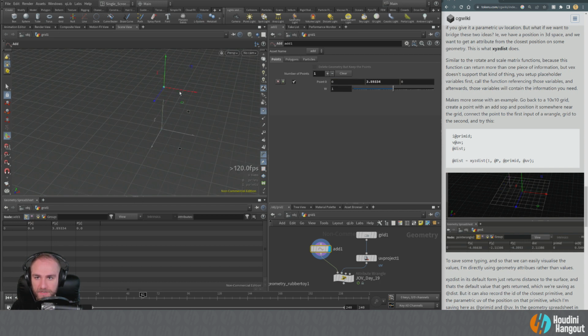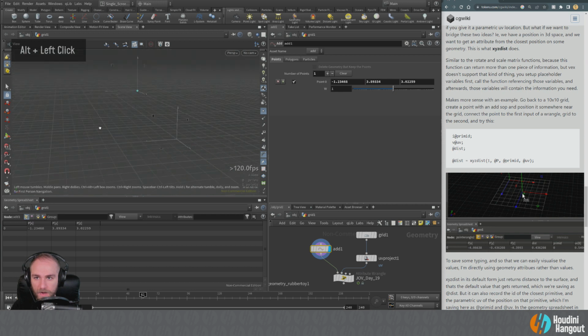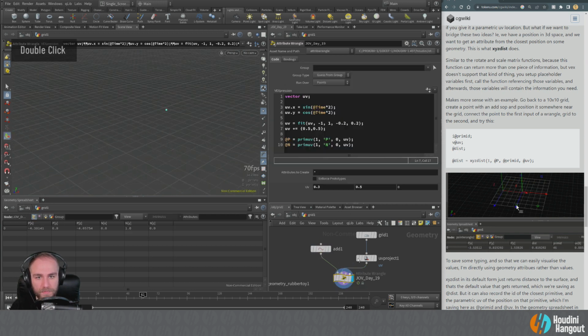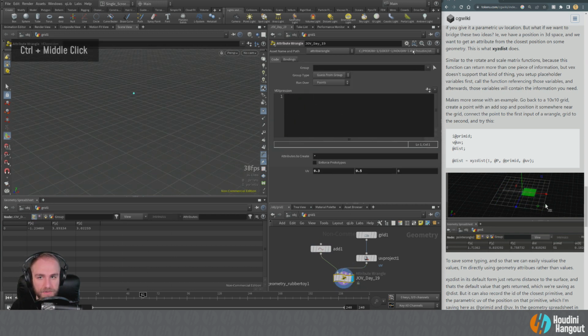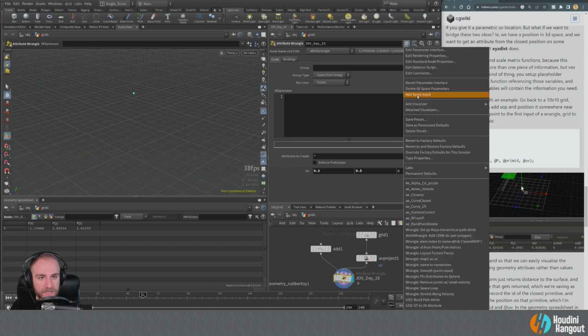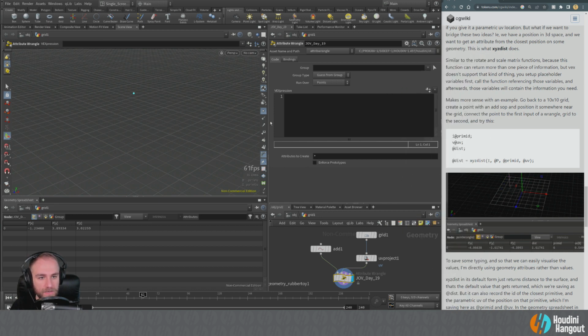okay, we've got 1 point there. I'm just going to raise it up and kind of arbitrarily move it along, just like that. Cool. All right, so let's reset this, middle click, control middle click, and then we're gonna delete our spare parameters. All good. All right, so let's set I